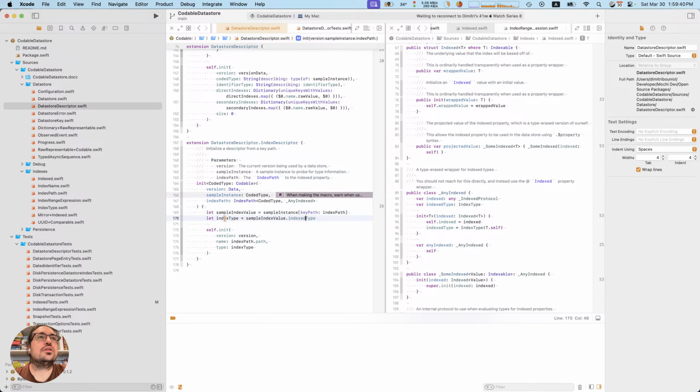Sample instance. Where is this sample instance coming from? I guess it's on the first.